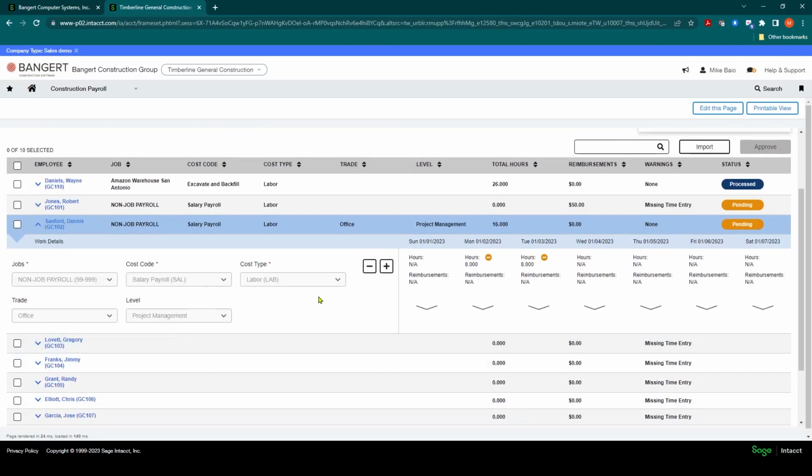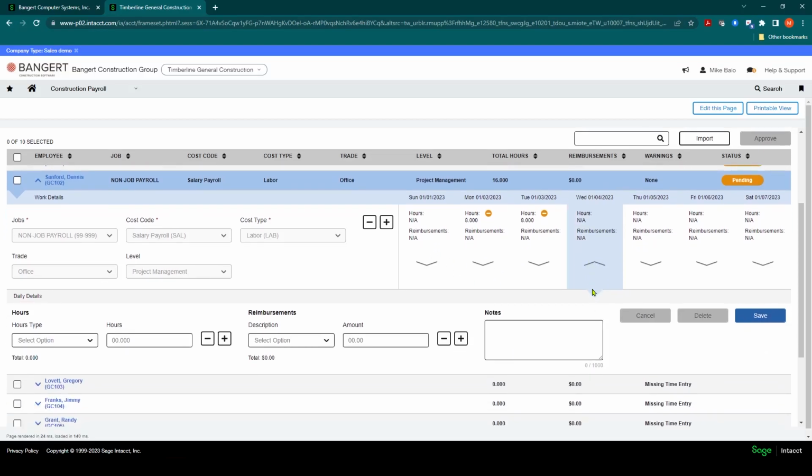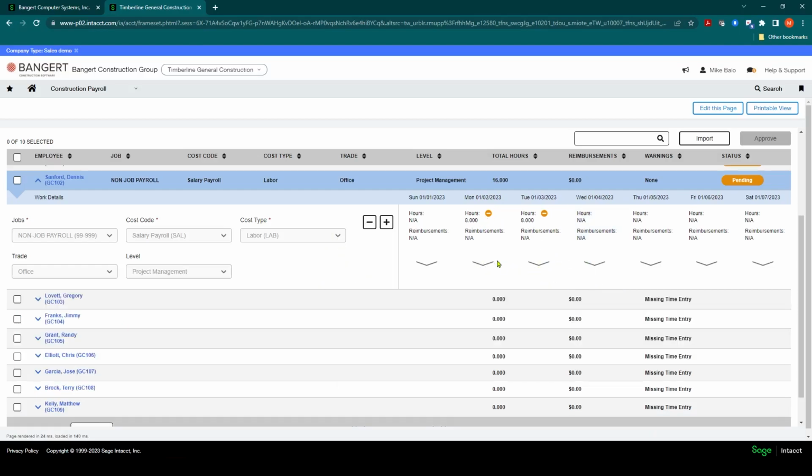And what you can do is, on one of these days, let's say on Wednesday, you can open up the Wednesday date, and you'll notice a section here in the middle called Reimbursements. So you can select from the list, and you can select the reimbursement. And actually, what I'm going to do, though, is I'm going to do it on one of the days that he already has hours on.